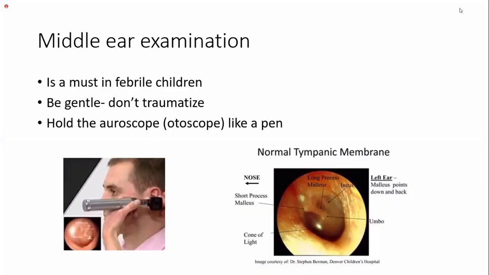But in a child with a brain infection, like meningitis or encephalitis, coming with a febrile convulsion, then it's important to examine the middle ear in a long case, right? You should at least attempt to examine the middle ear. If the child is not cooperative, then that's a different story. But we should attempt to look at the middle ear in a child with febrile convulsion, suspected meningitis or encephalitis, right? Because infection from the middle ear can spread to the brain, right?